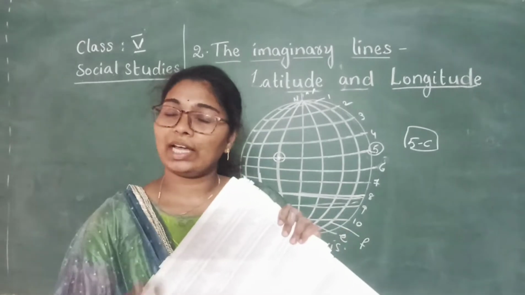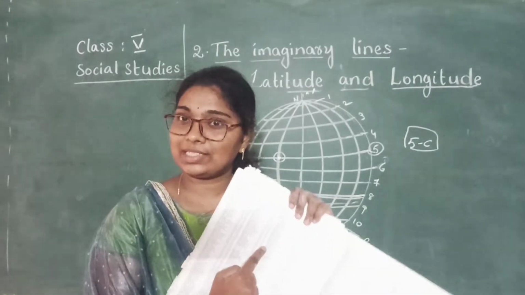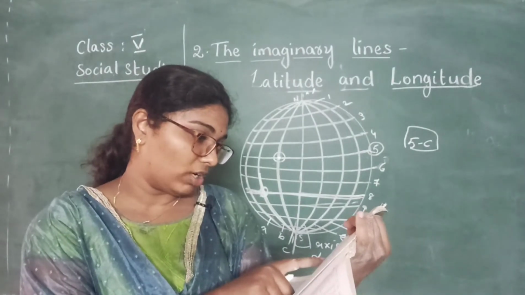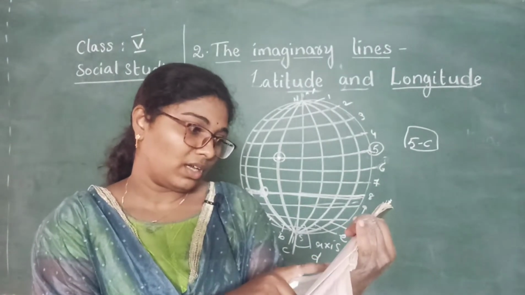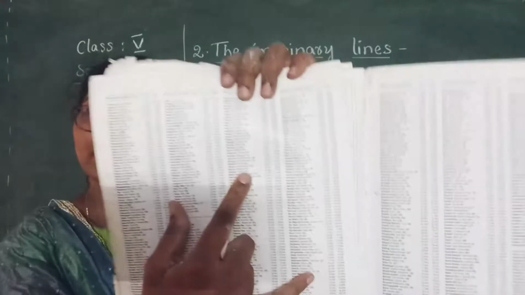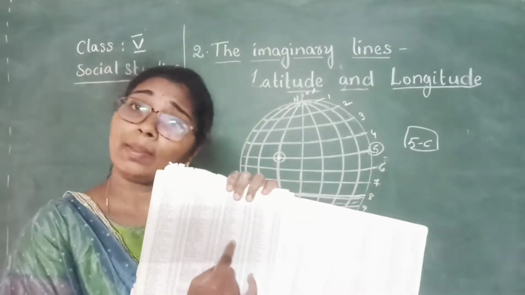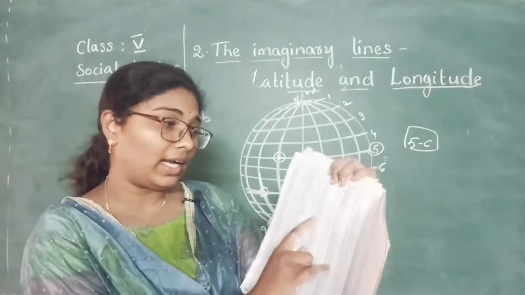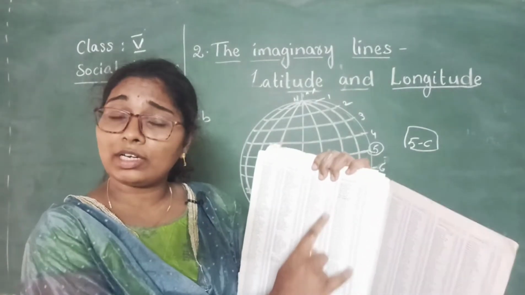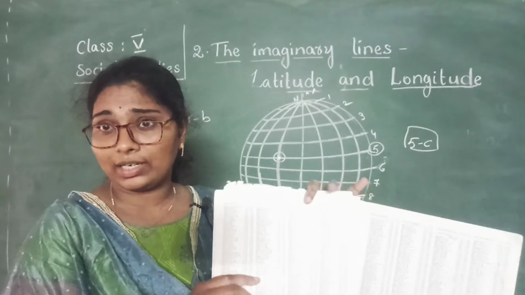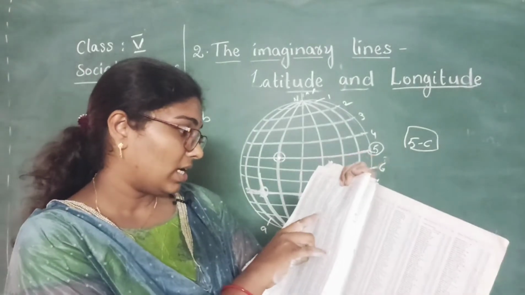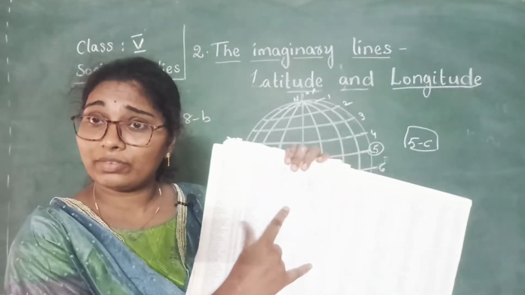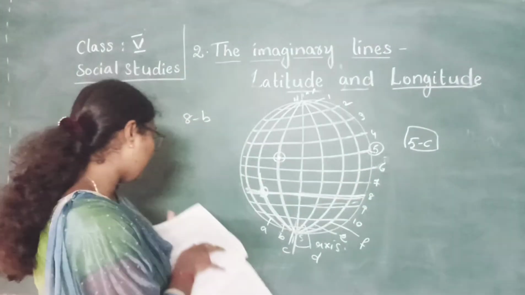Close your eyes, point any place like this, any point like this, and you will reach, like I got here, Razam, right? Here they gave the page number and it is in Andhra Pradesh, and alongside of this place I got the latitude and longitude address, right? See, Razam at Andhra Pradesh, and they gave the page number 20. I'll write here.